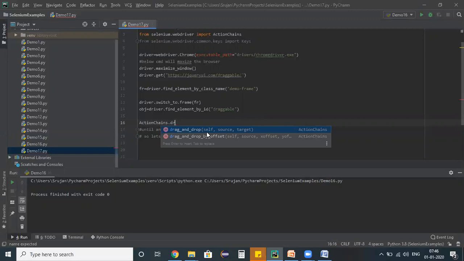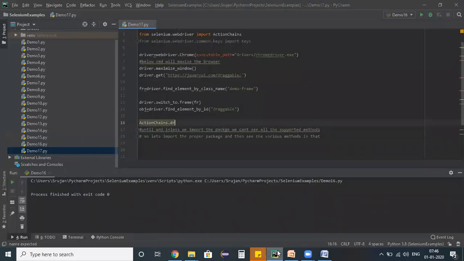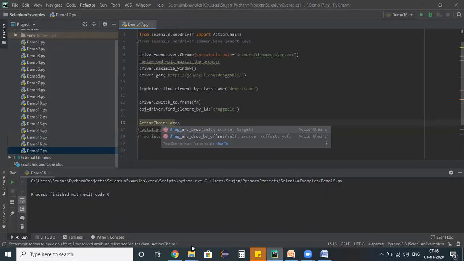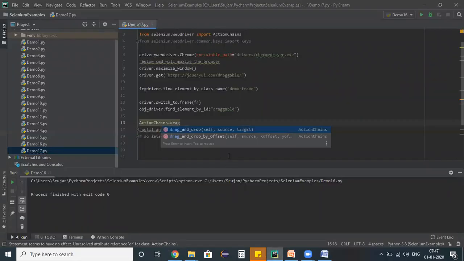In such situations, we can go for drag and drop. If I know only the source that I need to drag, and I don't know where exactly I need to drop, in such situations, we can go for drag and drop by offset. In the current example, we know this is the one which I need to drag, but I don't know where exactly I need to drop. So in such situations, I'm going for the second option,